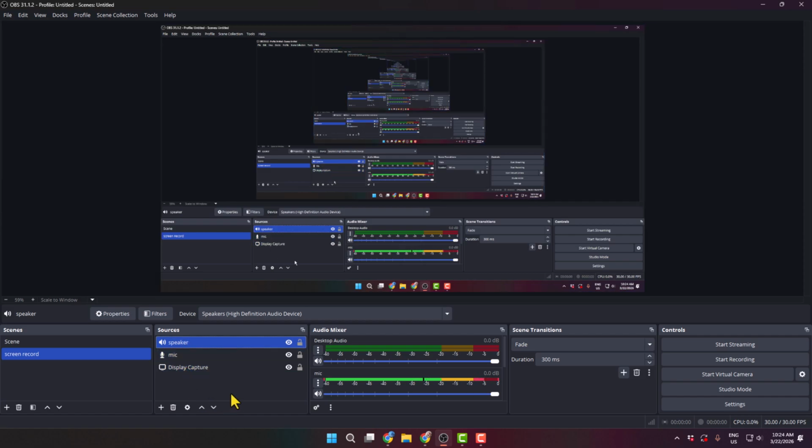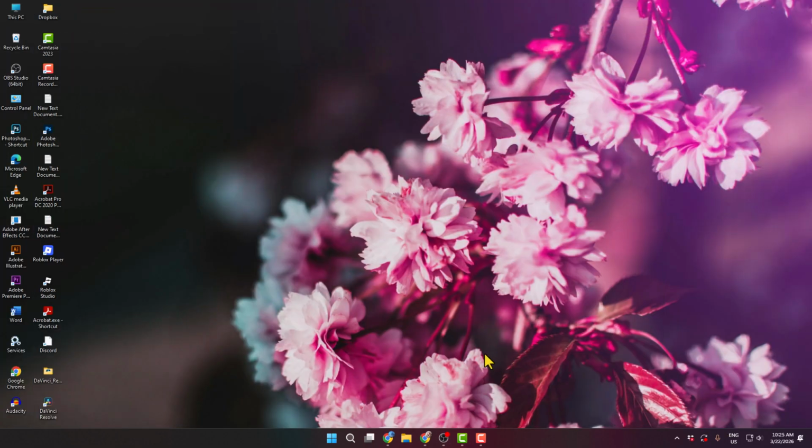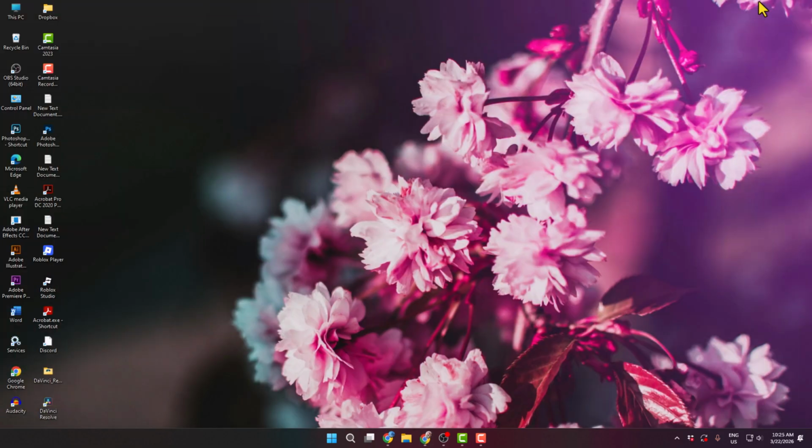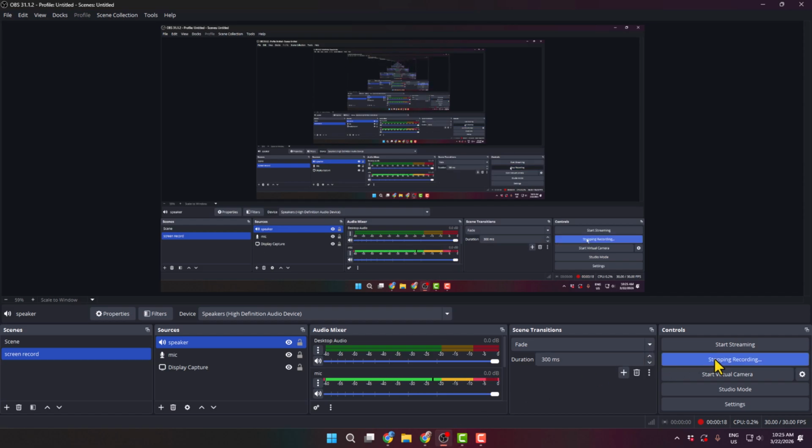Now it's time to start our screen recordings. To do that, here just click on start recording and we can see the recording successfully started. Now just minimize the OBS Studio and now you can do whatever you want, and OBS Studio is now recording your computer screen. And now to stop recording, go back to your OBS Studio, click on stop recording